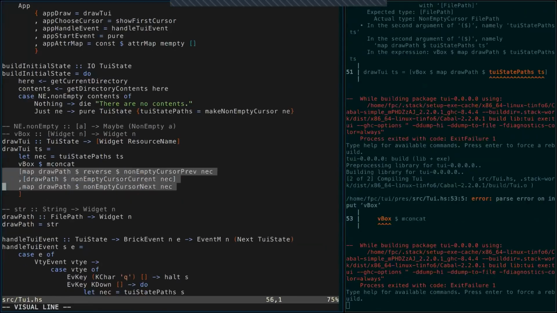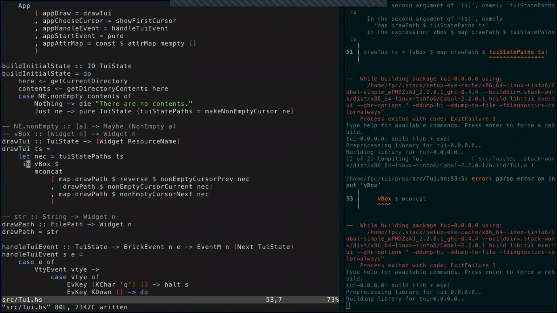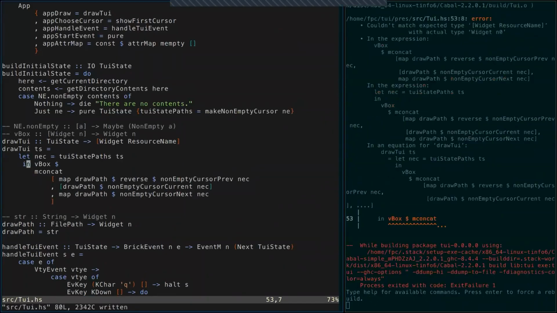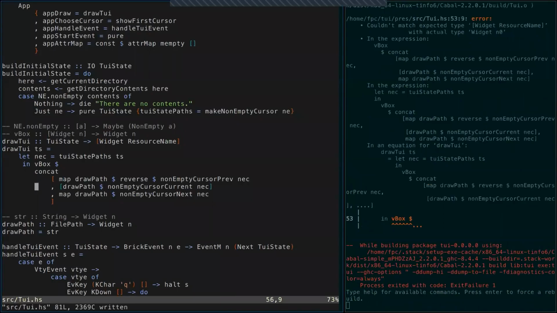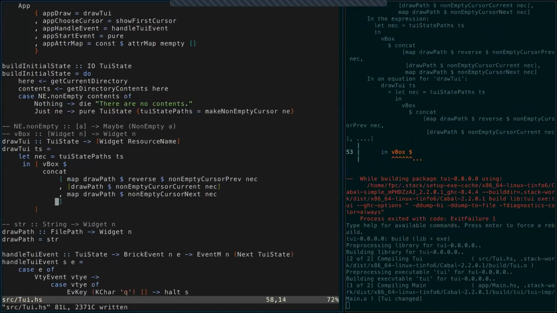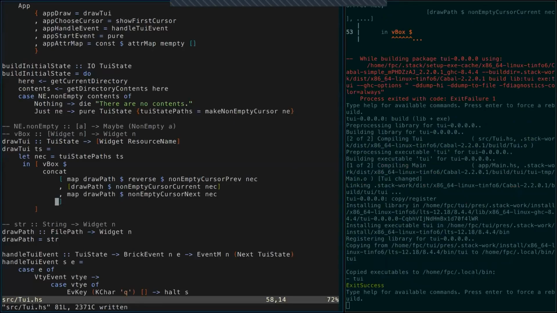This should work. No, what did I do wrong? It's not mconcat, it's concat. And there's one more problem. This all needs to go into a singleton list. There we go. So now we've drawn everything as we used to before, and we've handled the event, but we